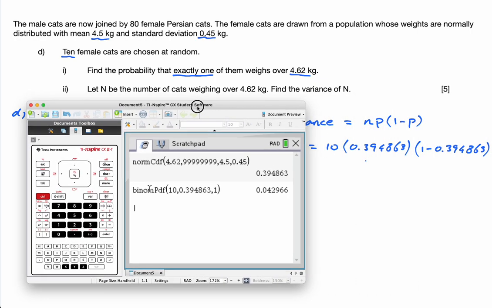Take out our calculator and we'll do 10 times 0.394863 times 1 minus 0.394863, and I get